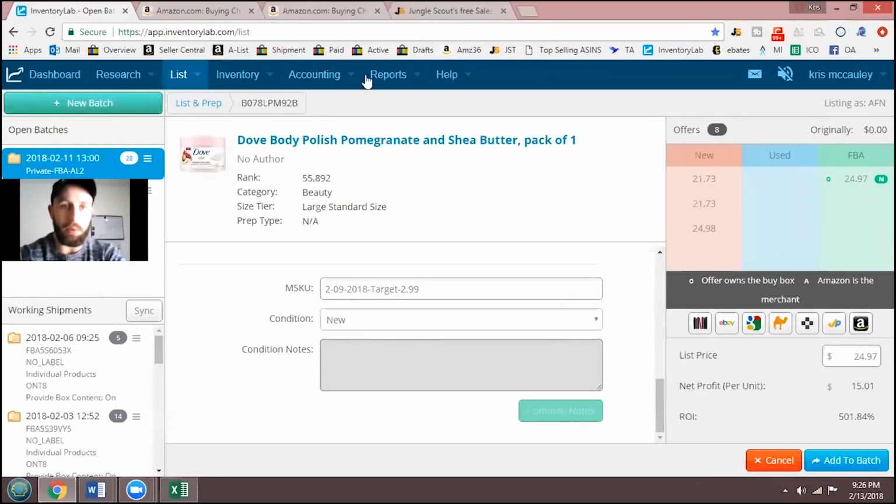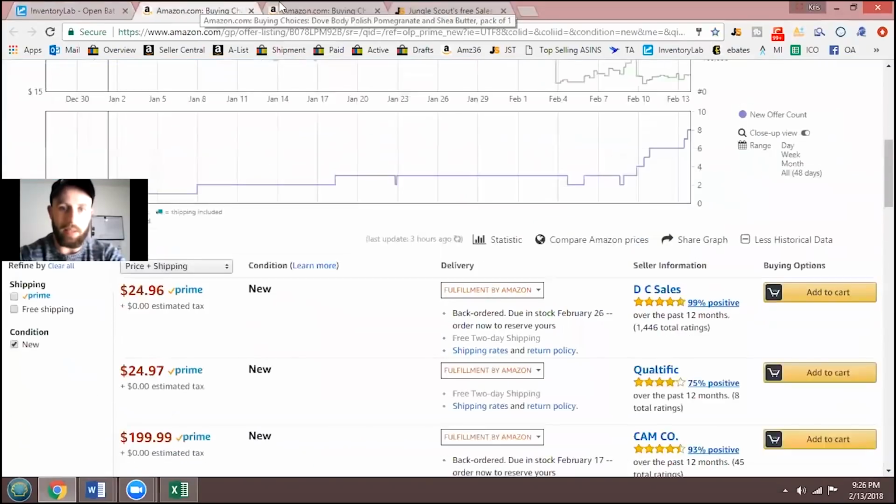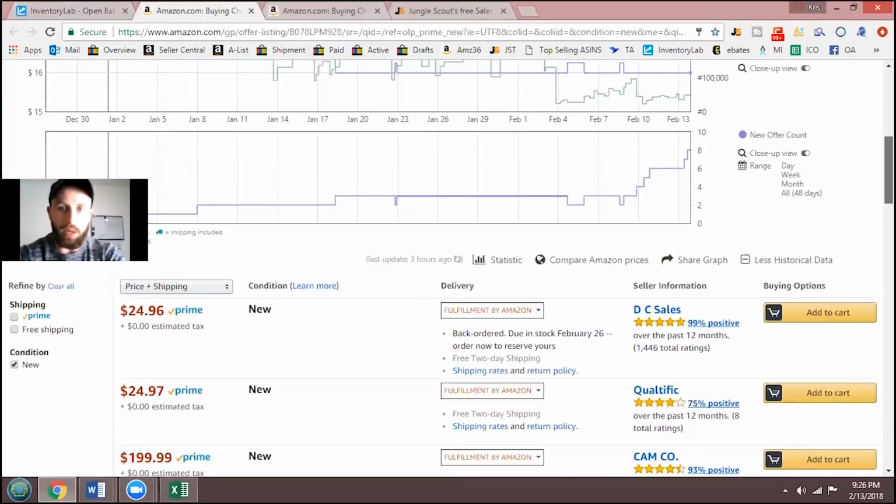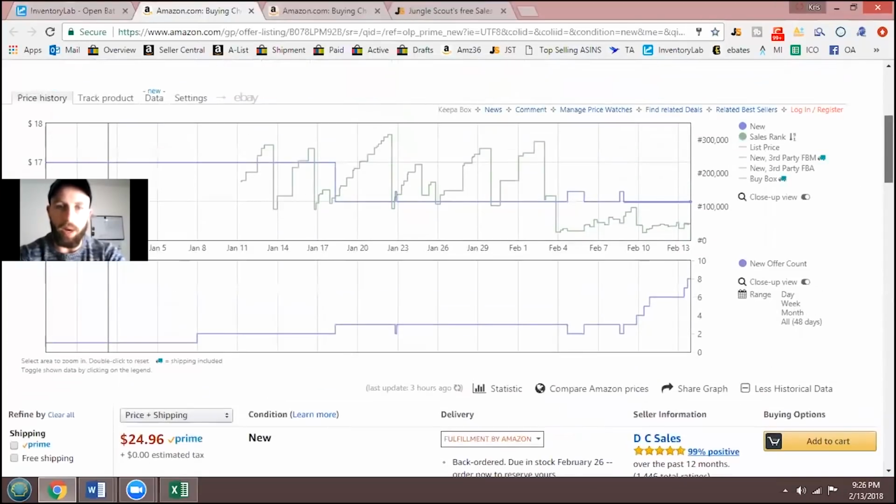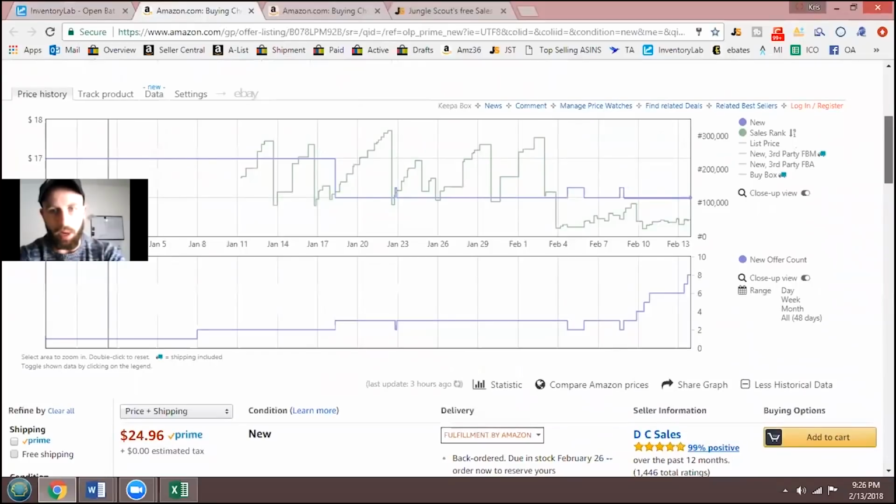That's a 500% ROI. That's fantastic. Okay, next what we're going to be looking at is the number of competing offers. And I don't like this going up. I usually stay away if it's going up. I think this has definitely gone up since when I ordered it, but I already have it. It's a good net profit. I'll keep it. Now, if I were to order this again, I might stay away, but this is how I'm